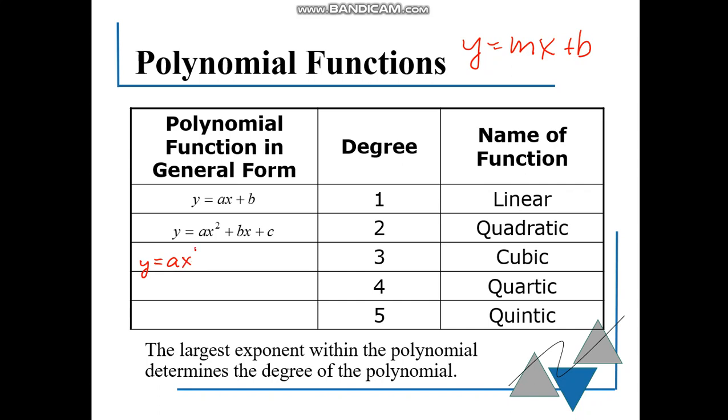For a cubic, I'm going to try to write on here. We'd have a times x cubed plus b times x squared plus c times x plus d. For quartic, y equals a times x to the 4th plus b times x to the 3rd plus c times x squared plus dx plus e. And for a quintic, y equals a x to the 5th plus b